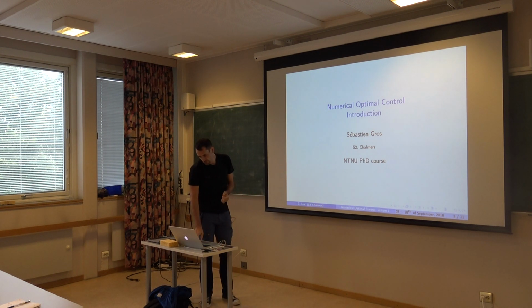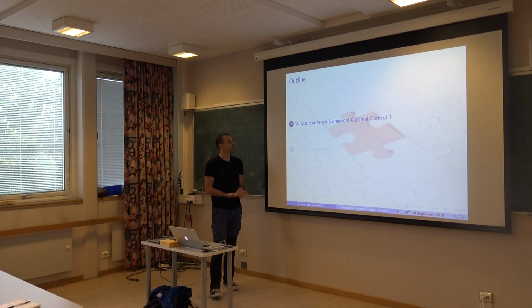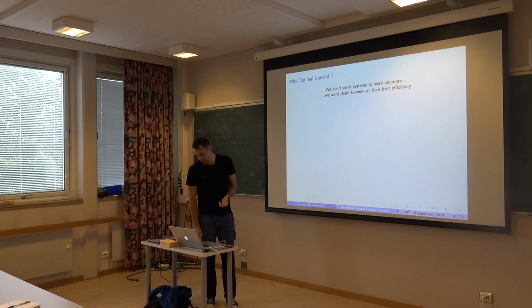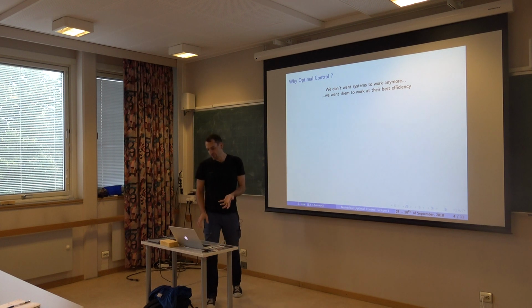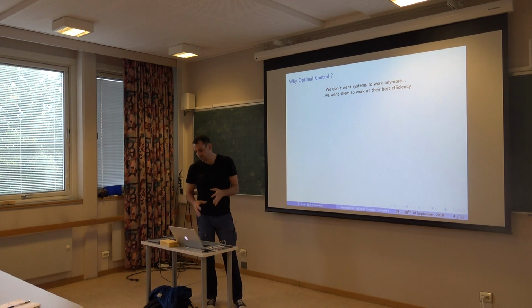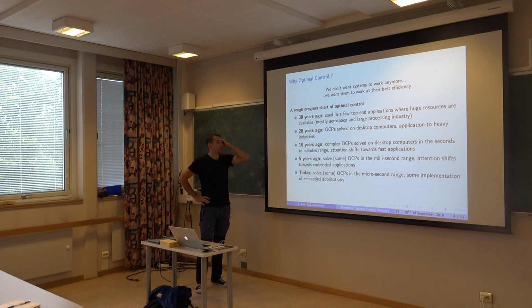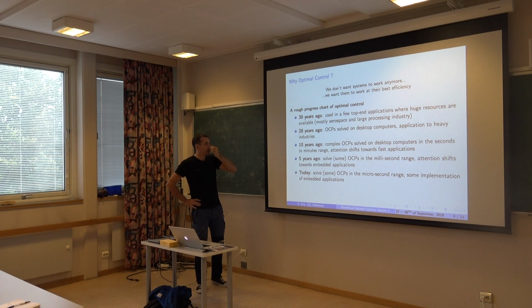Okay, so maybe just a short introduction on what we will be trying to do in the course beyond what has happened so far. Maybe just the whys and some remarks. While we do optimal control, we have kind of moved from let's make the system work to let's make the system work as efficiently as possible, for obvious reasons. I mean, economic, energetic, and so on. And there's been a quite impressive evolution in optimal control, I would say, over time.